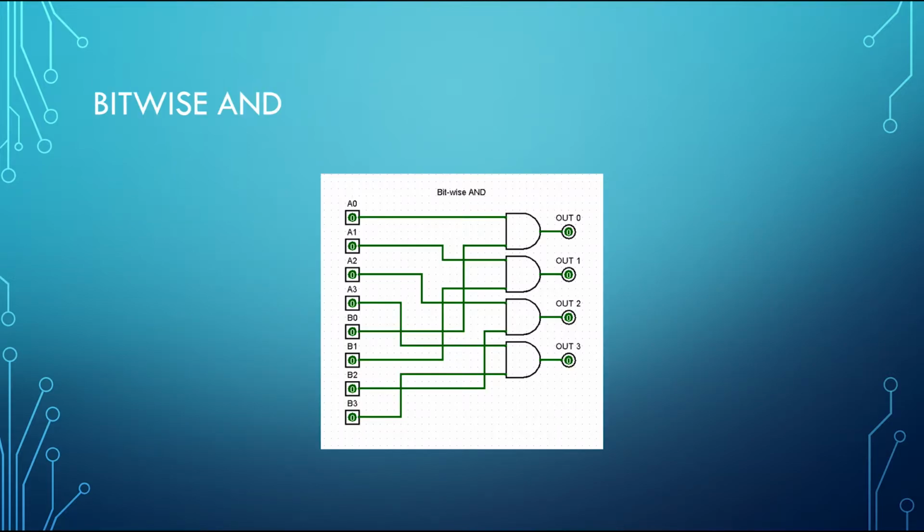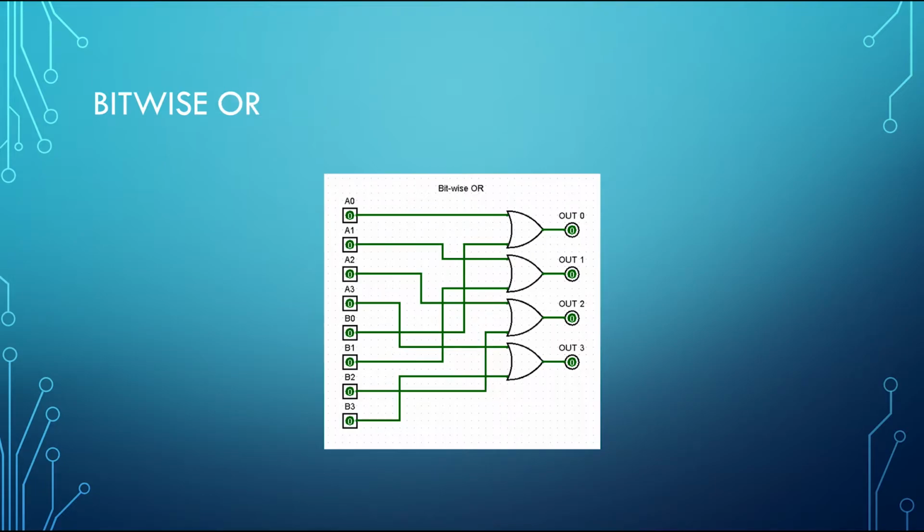Now, the bitwise AND circuit takes two 4-bit numbers, or nibbles, and then ANDs them together. It does this with each individual bit from the nibbles by taking one bit from each number and then ANDing them together using an AND gate. The result is then fed to the output. In a real-world application, this may be used to remove bits from a word that you are not interested in